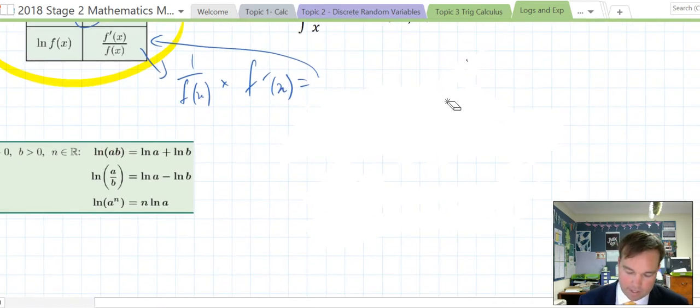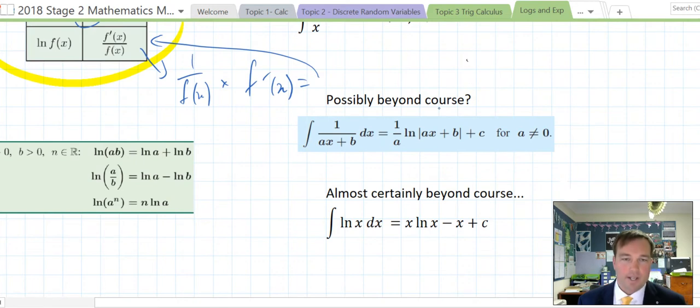There are two other things I'd like to draw your attention to. The first one is possibly beyond the course. It's an integral of 1 on a linear, and the derivative of that, 1 on a, ln, the modulus of ax plus b. Modulus means that in there is only going to be the positive of it, because we can't log a negative,